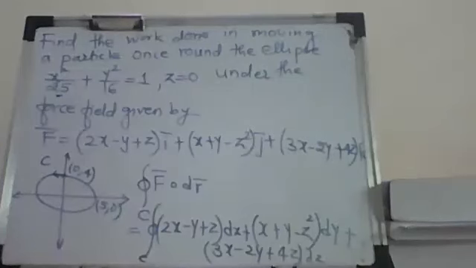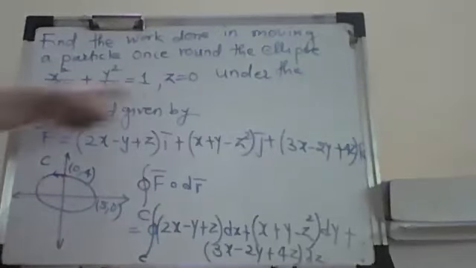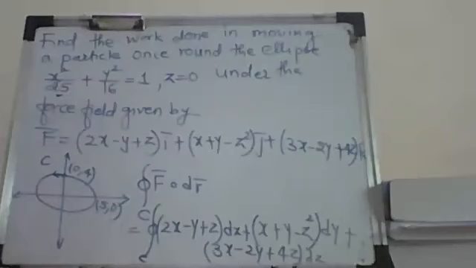Now it is understood even if you don't write it down that over the circle, if you just omit this and only write it down over the curve C, then also it is understood, because the curve is defined as a closed one only. So now this is given to you. Now what is given along with this?